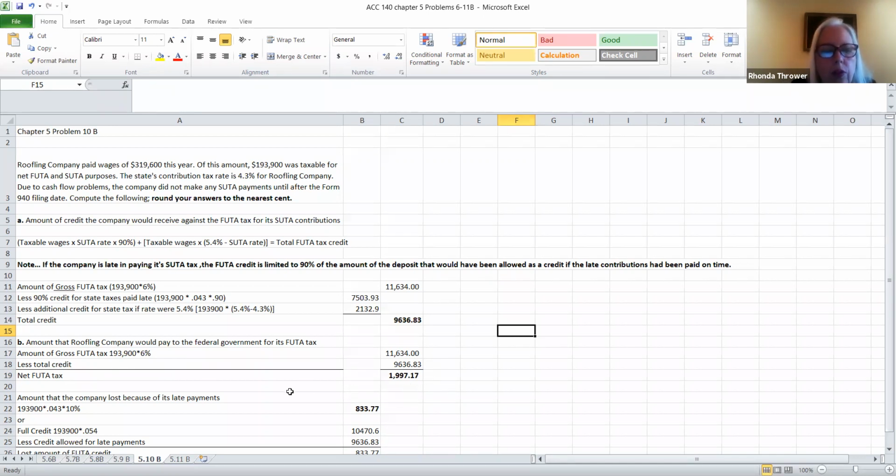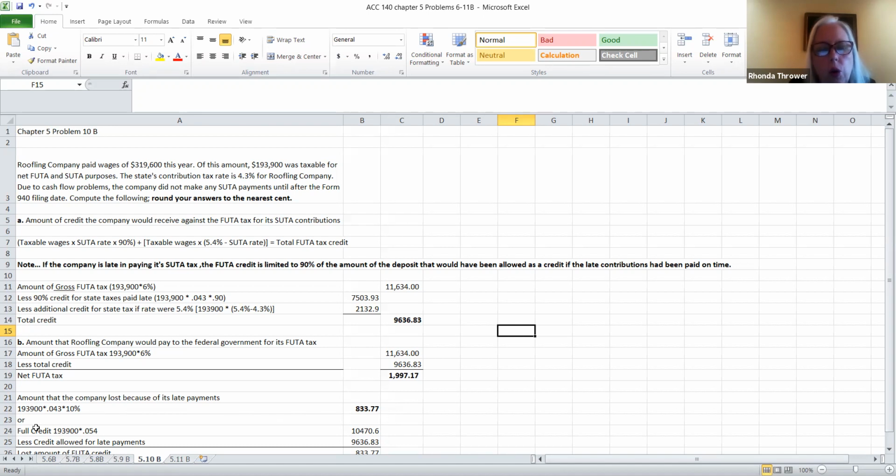And in the next part of this problem, they want you to determine the amount that the company lost because of its late payments. Remember, they were subject to a 10% penalty, and the way they're figuring this penalty is you're going to take the wages that are subject to the tax, which is 193,900. We'll multiply that by the SUTA tax rate, and then we'll multiply it by 10%. And that would give us